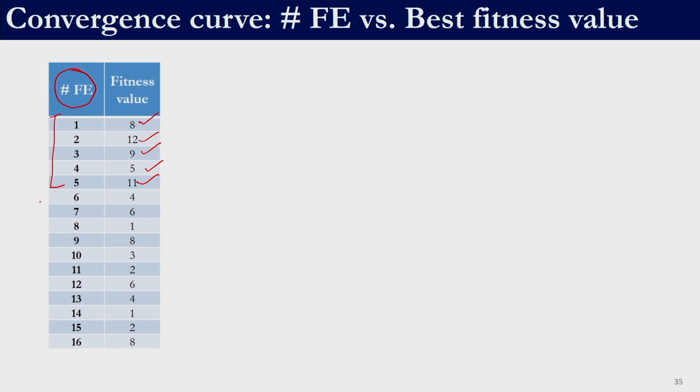So, now let us say solution 1 underwent teacher phase and we got a new solution which had a fitness function value of 4. So, when I evaluate that fitness function value, I make note of this entry that when I evaluated the fitness function for the 6th time, we had obtained a value of 4. Similarly, when it underwent student phase and it generated a new solution, the fitness function was evaluated for this new solution, let us say the fitness function is 6.